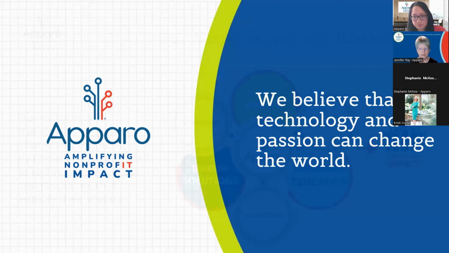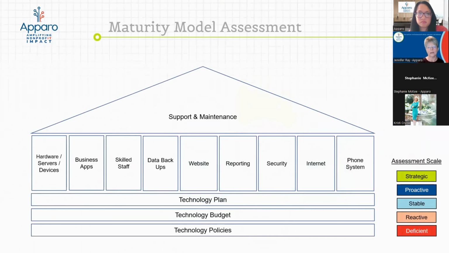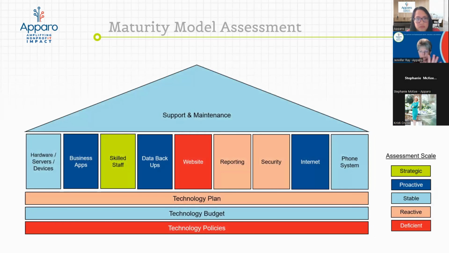Yes. Perfect. Okay, so we're not going to go through the model again, but I am going to pull this slide back up that shows you the 13 areas that we look at. There's just one question for each of these areas, and it's radio buttons. It's multiple choice. You just pick one answer from multiple options. This is what the blank house looks like, and once you complete it, it's going to populate with color codes based on how you responded. Incidentally, you guys will get a copy of this deck